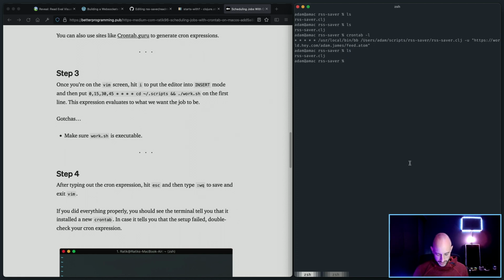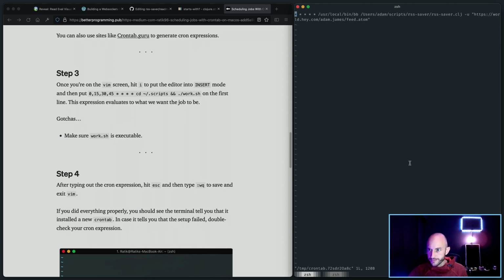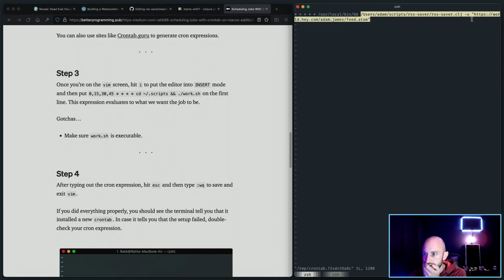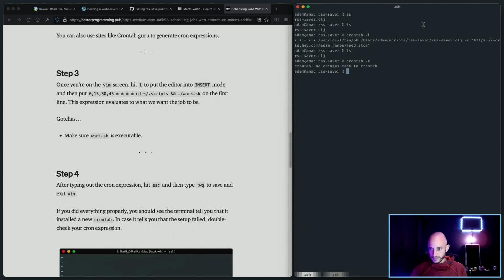That's a bit of a bummer. I figured this would work. Okay, so the command is this, bb, and then this is the script with that command line argument, and that should just work, right? That's the thing, I don't know why it doesn't. I don't think, I mean, let's try it. chmod plus x RSS saver. It shouldn't really matter, but